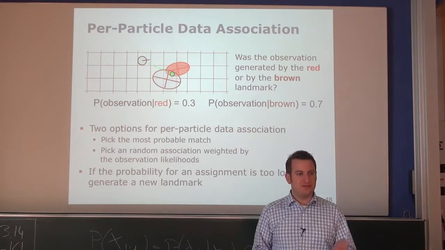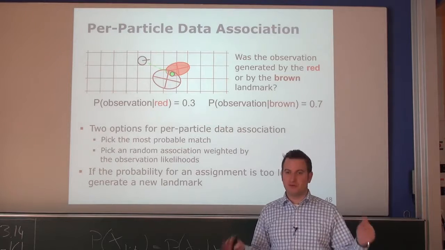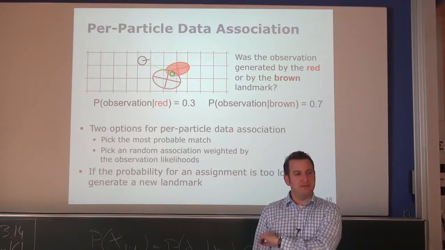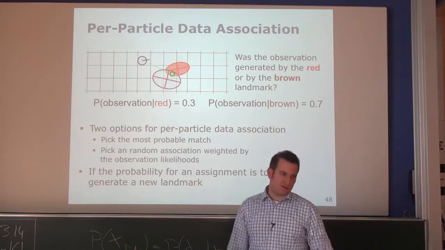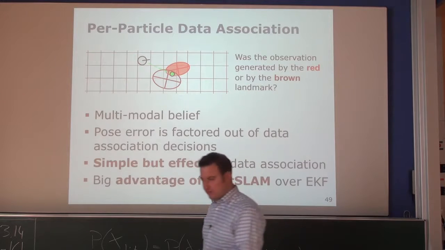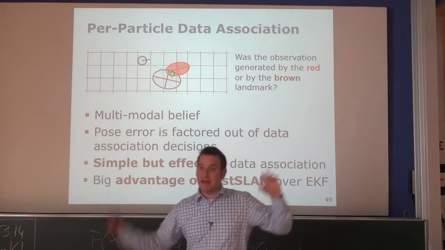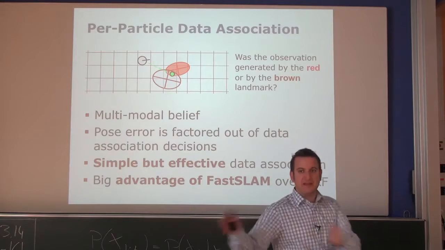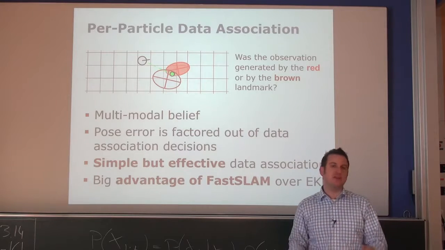And the reason for this is that I don't have a parametric form which describes the uncertainty of the robot. I have this sampled belief. In this sampled belief, you can say, okay, for this sample, this is the right data association. For this sample, this is the right data association. And this sampled representation makes it very, very easy for me to make this advanced data association, having multiple data association possibilities in my belief. This is something which naturally evolves